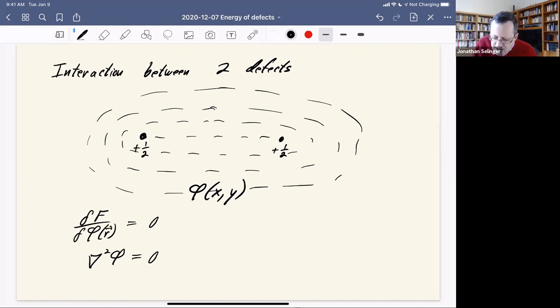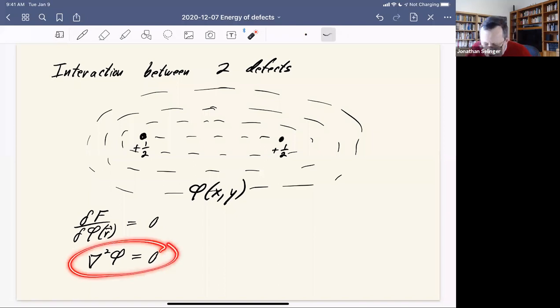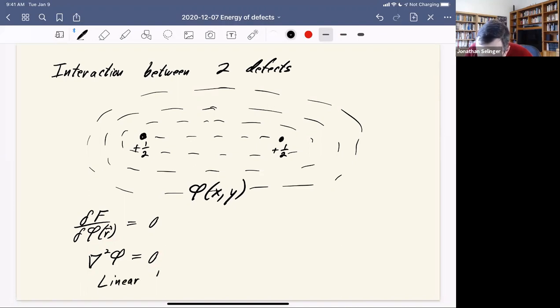You'll notice that this is a linear equation. That is, everything here is proportional to phi. Because it is a linear partial differential equation,